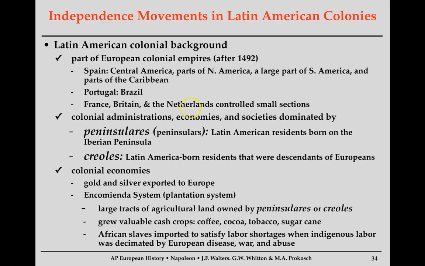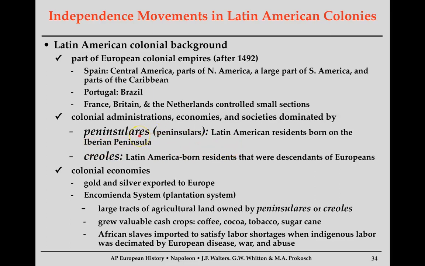So, some terms that we should be familiar with are how the Latin American colonies were governed by really the Spanish and the Portuguese. So this actually leads us to the Latin American social hierarchy. So think of all the social hierarchies you covered in Global One last year. So the Latin American hierarchy, we're just going to really cover two aspects of it for now. But at the very top of the pyramid were the peninsulares, and these were people living in Latin America, but actually born in Spain or Portugal, the Iberian Peninsula.